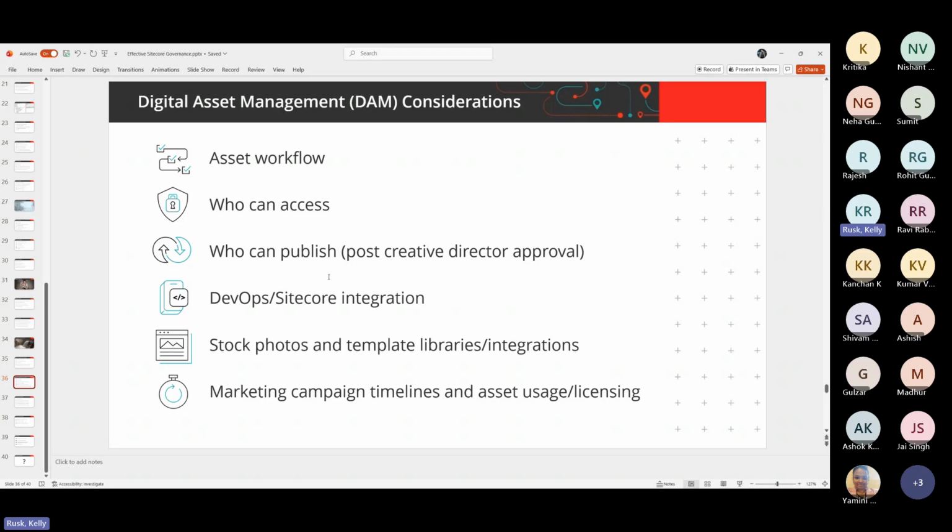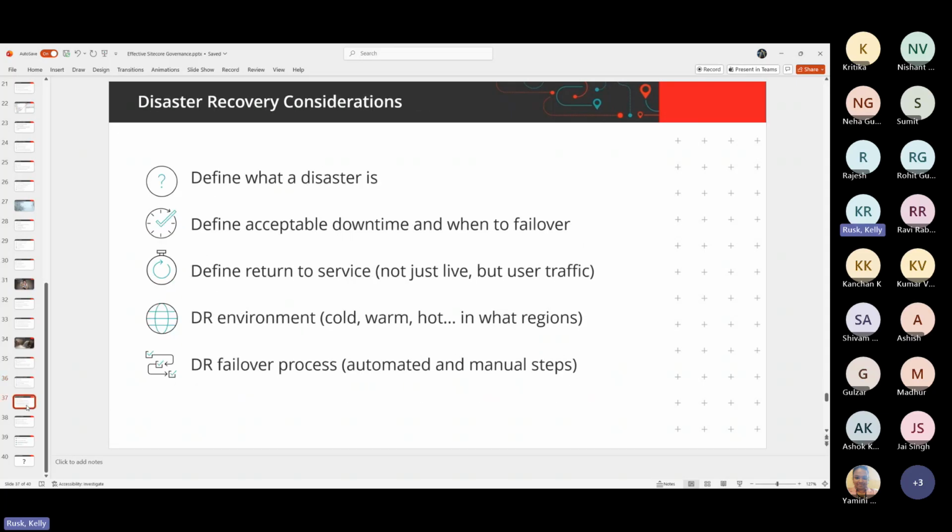I've seen websites crash overnight because a content author uploaded a massive video and it just tore up the web page and crashed the site. So when you think about your digital asset management, think also about your delivery of the assets, making sure you have a CDN, so you don't end up in scary situations where you're in a disaster. You can plan for a disaster. And every time you have a disaster, you can update your governance so a disaster doesn't happen again.